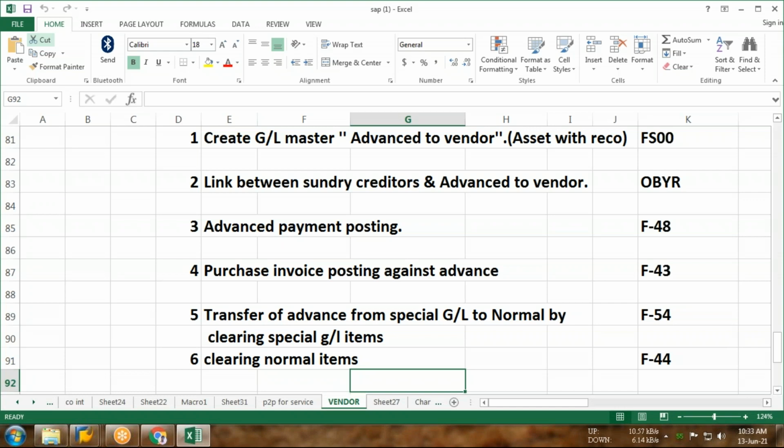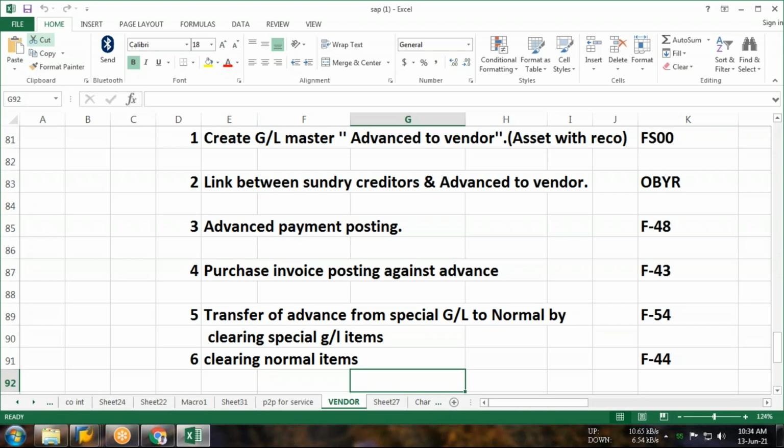So scenario number one is you have made an advance of rupees 1 lakh and you have got an invoice of the same amount. Meaning, the invoice you received is for the same amount as the advance you gave. You have given an advance of rupees 1 lakh and you have received an invoice of rupees 1 lakh. Everyone clear this part? Yes. So this is scenario number one.